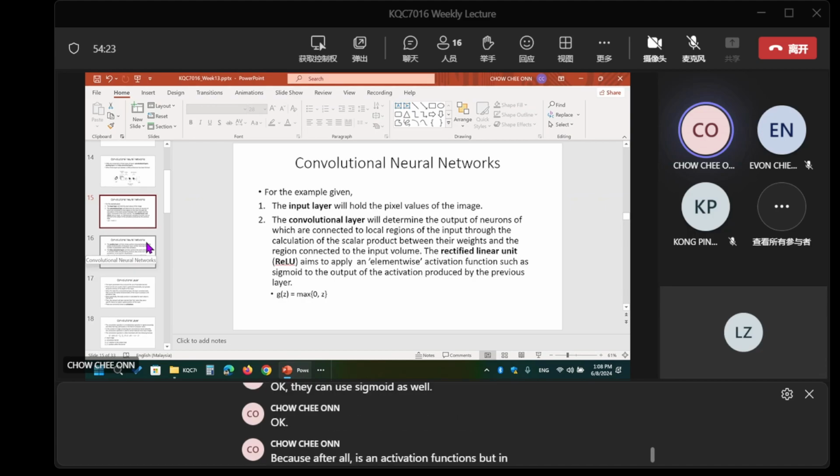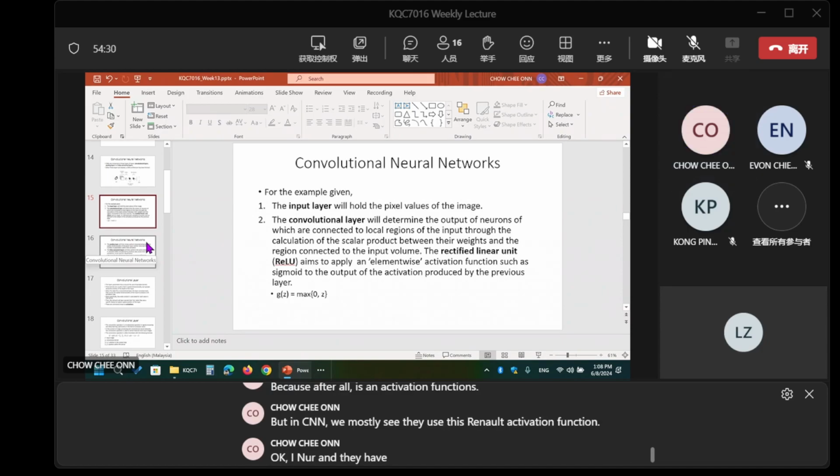But in CNN we mostly see they use the ReLU activation function, and they have many different variations of ReLU as activation functions as well, like Leaky ReLU and some other functions. So again, what is an activation function?